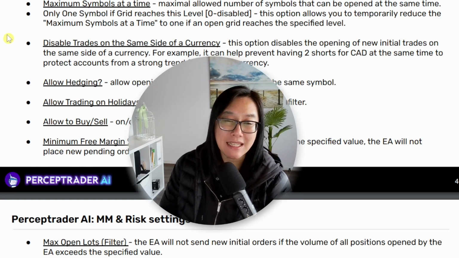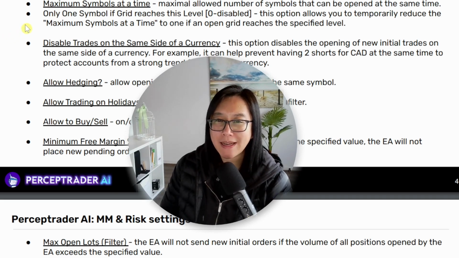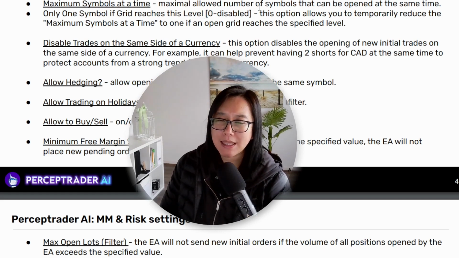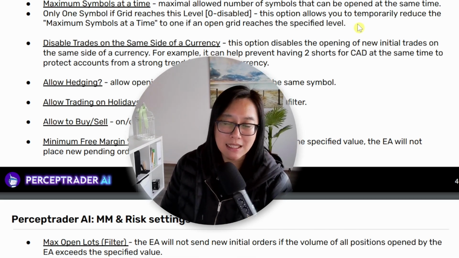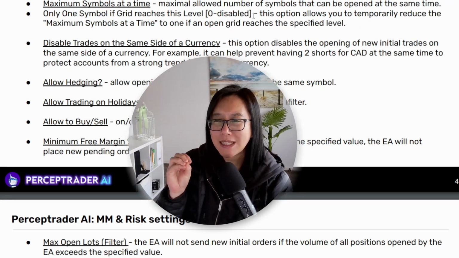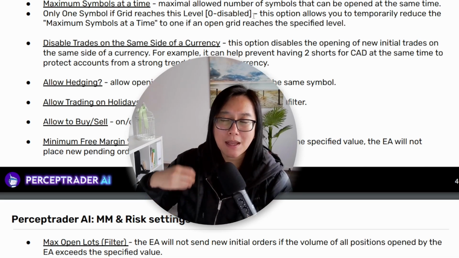The next parameter is really useful if you want to preserve your capital and try to reduce your drawdown as much as possible. The "only one symbol if grid reaches this level" field: 0 is disabled and any other number is enabled. I've currently got mine set to 4, and this option allows you to temporarily reduce the maximum symbols at a time to 1 if an open grid reaches this level, which means if you have this one set to 4 like I have, which I find is the sweet spot, if you have 4 open grids, then it will stop